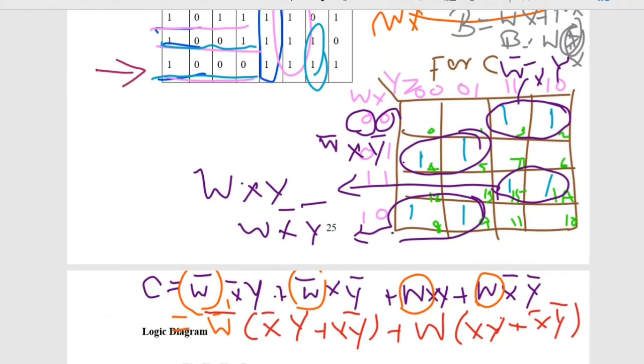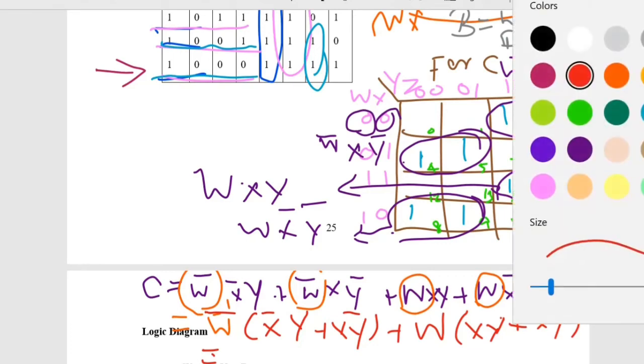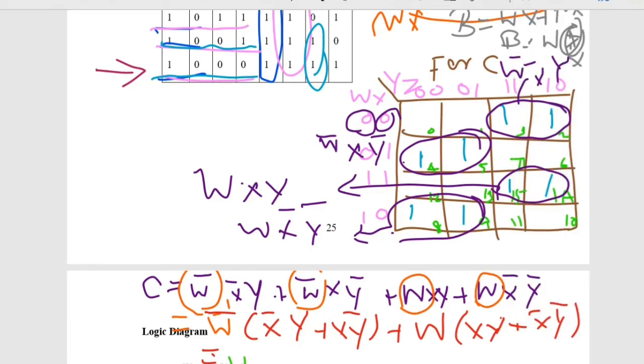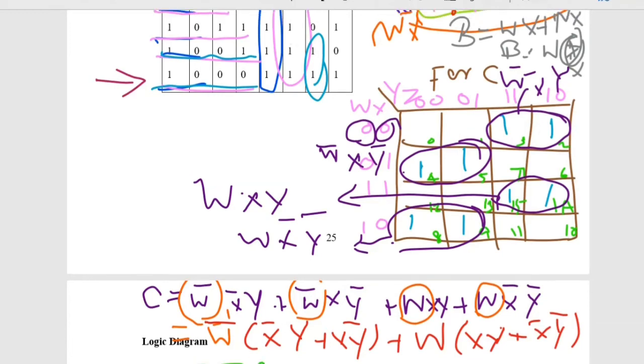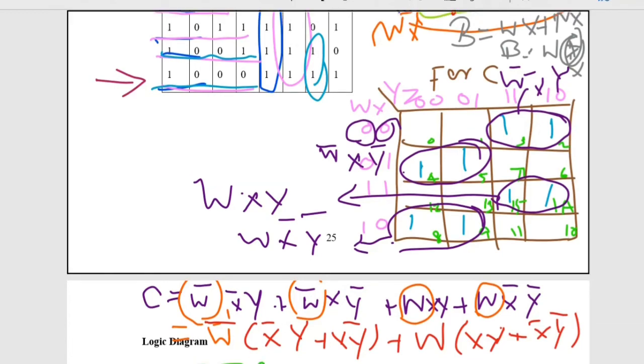Again we go for a further reduction. It is equal to W bar, we can write this as X XOR Y bar, plus W into